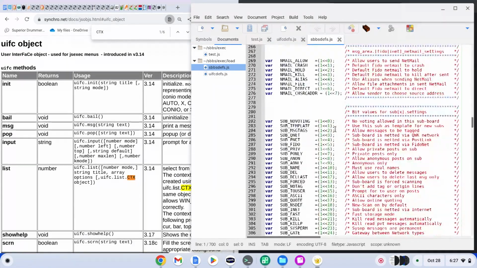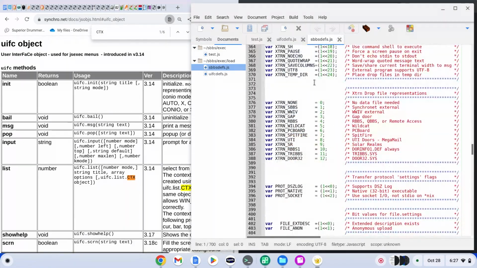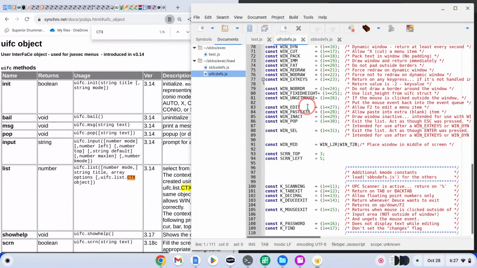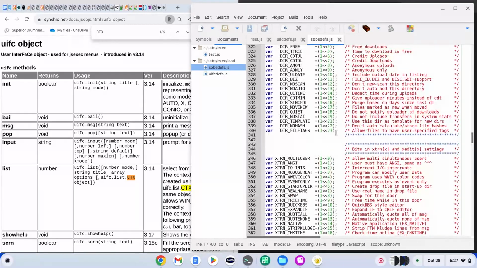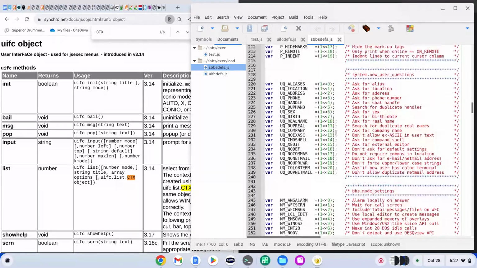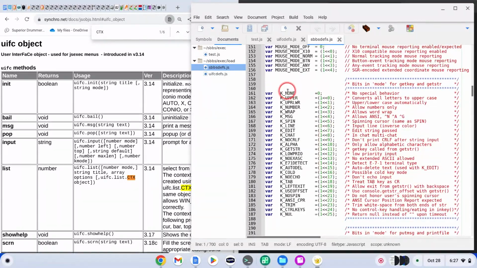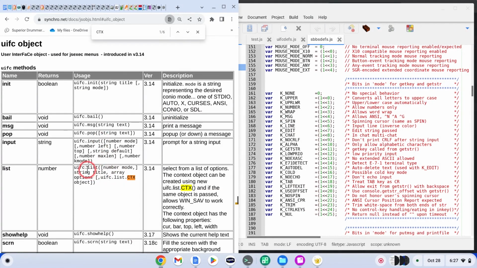And we'll also need to include sbbsdefs.js if we want those K flags, because it's not included here. K for keyboard input. There we go. Like I said, default is 0, K none. Then you've got modes that convert lower to upper and upper to lower, and only allow numeric input or other things. You also have an option here for a